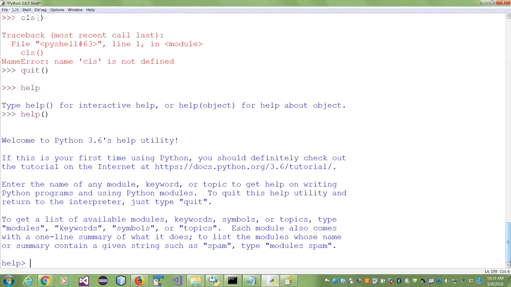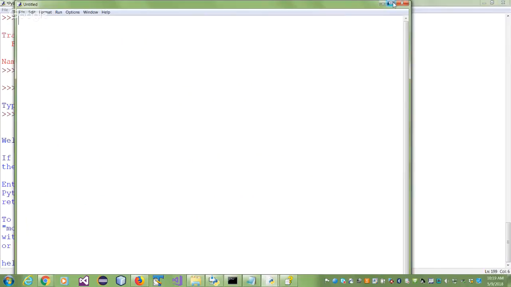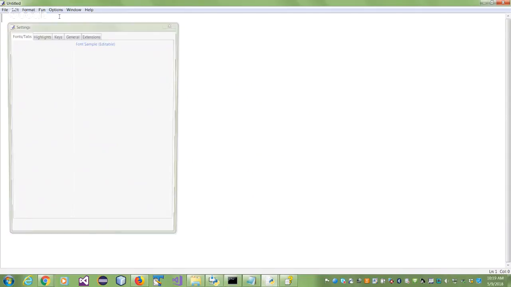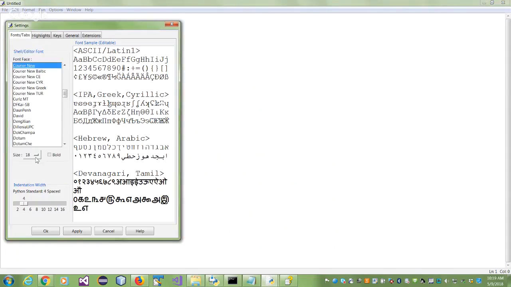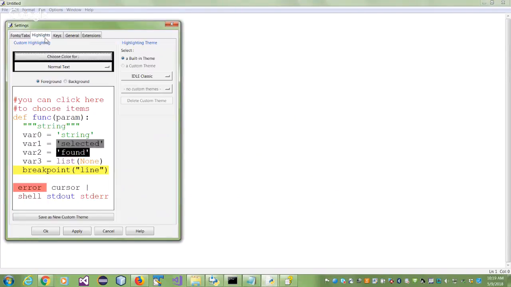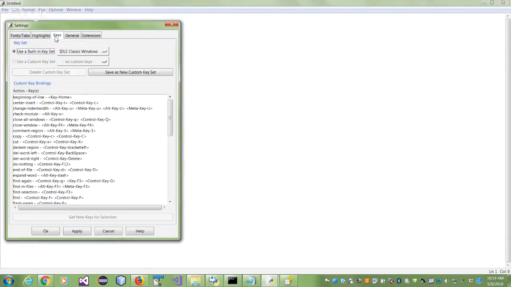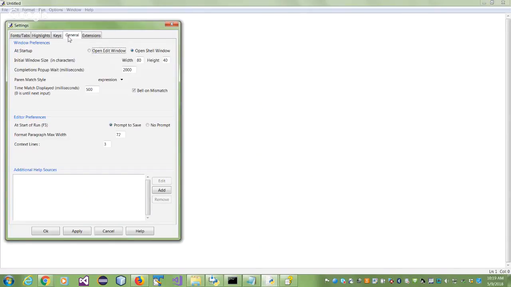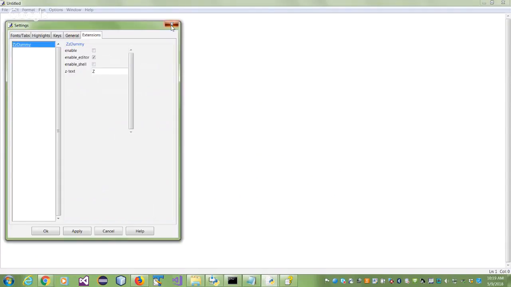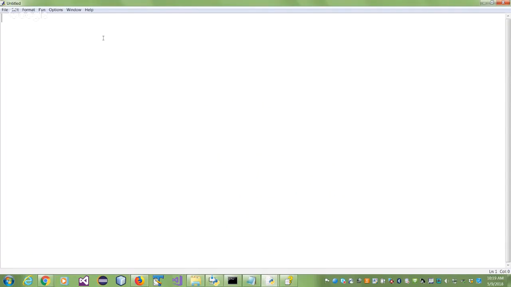Okay, now let's write our first program. How do we write our programs? Go to File, go to New File. A window will open. This is called the editor window. Notice how it says untitled. We will start writing our comments. There is a configure idle here. I'm going to increase the font, 18 is good enough. But this is all for the editor. Okay, no big deal.